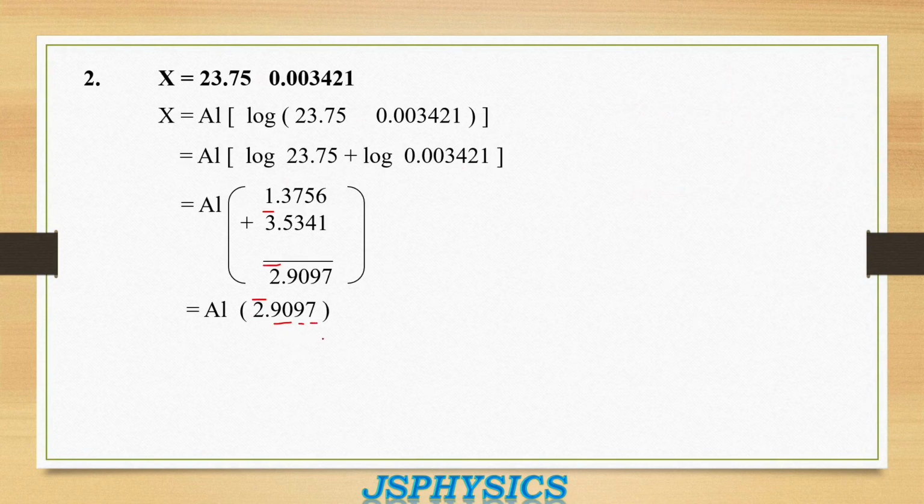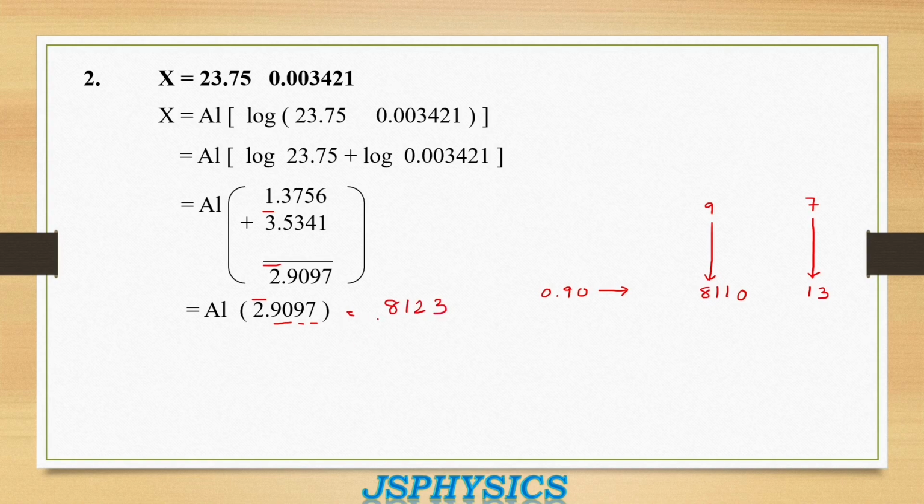So to find the anti-log of this number, we have to see the anti-logarithmic tables. And in those tables, we have to see these digits after decimal points. That means in the anti-log tables, we have to see in the row of 90 under the column of 9 and then under the column of mean difference 7. Right? So here the numbers written are 8110 and 13. On adding these two numbers, we'll get the answer as 8123.